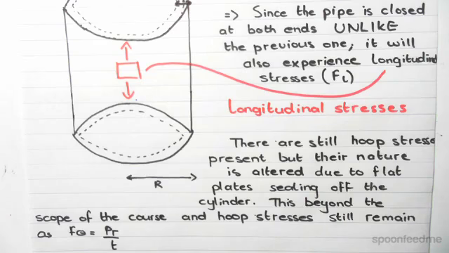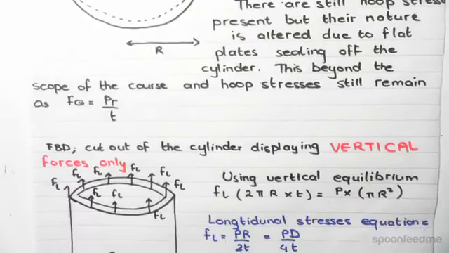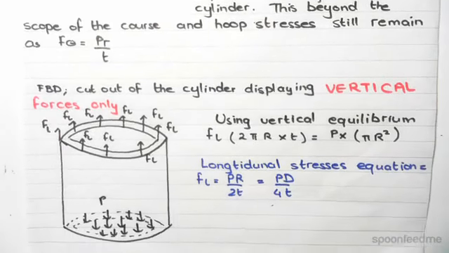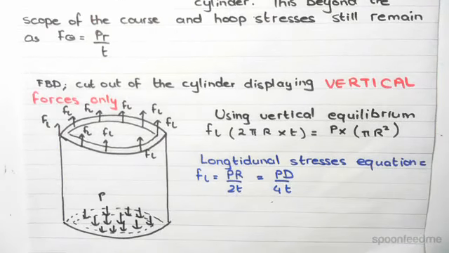Okay, so what do we have next? Next we have, how do we work out the longitudinal stresses acting on a cylinder? Well, we use the same analogy, and that is using the concept of vertical equilibrium. Okay, so if we look at this cylinder here and we take a free body diagram and we cut it out, okay, we can see at the top sealed end the longitudinal stresses are acting